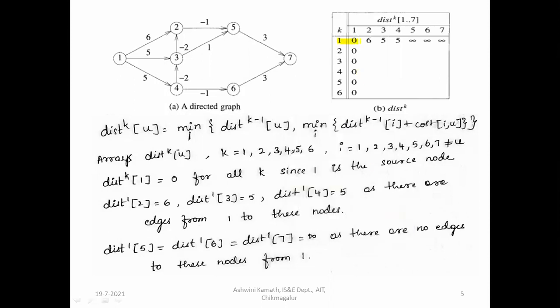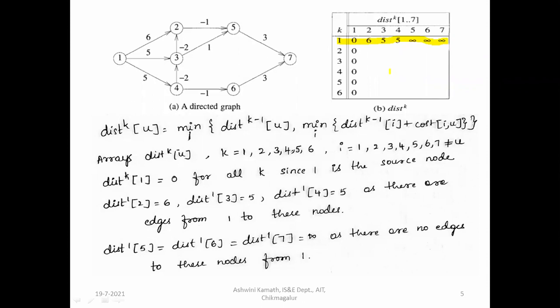So when k is equal to 1, it is one array. When k is equal to 2, it is another array. When k is equal to 3, it is another array. So up to 6, depending on the value of the number of vertices. Here the number of vertices is equal to n. The number of vertices is equal to 7 here according to the graph. So 7 minus 1 is equal to 6. So k will vary from 1 to n minus 1. I hope you are getting it.